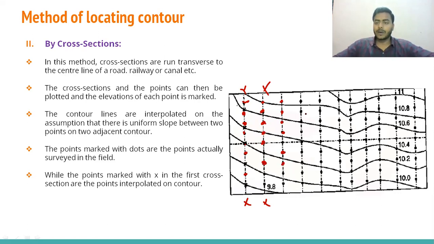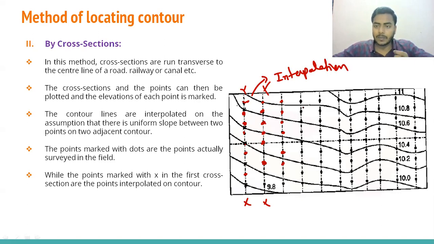Once we have done this with every dotted point, we have calculated the elevation by using the leveling staff and instrument. Once it is done, then we can go for drawing the contour lines. So how can we do it? We can calculate a contour line with interpolation between these dotted points.